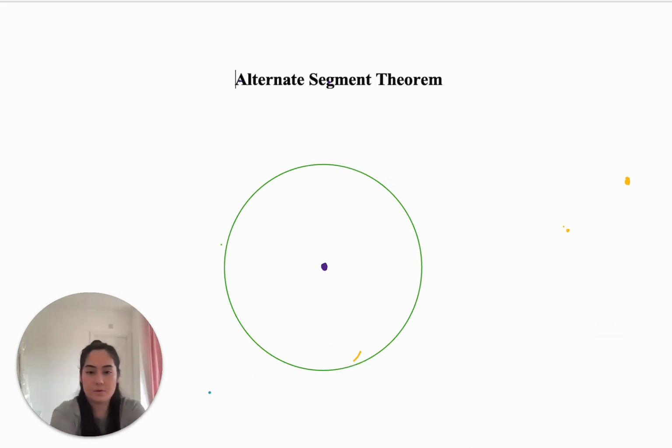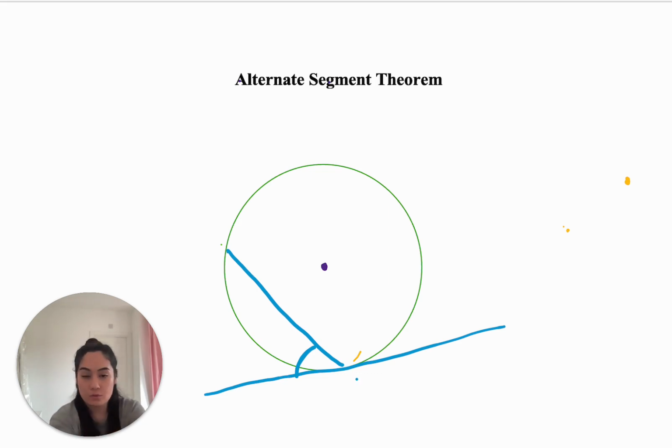For the last theorem, we're going to draw a tangent. We're also going to draw a chord, which results in an angle here. Now, if we use the same chord to create another angle, but in the different segment, like this, this angle and this angle are going to be the same as each other, which is referred to as the alternate segment theorem. This will also apply to the other angle, so this chord will create an angle with a segment here,